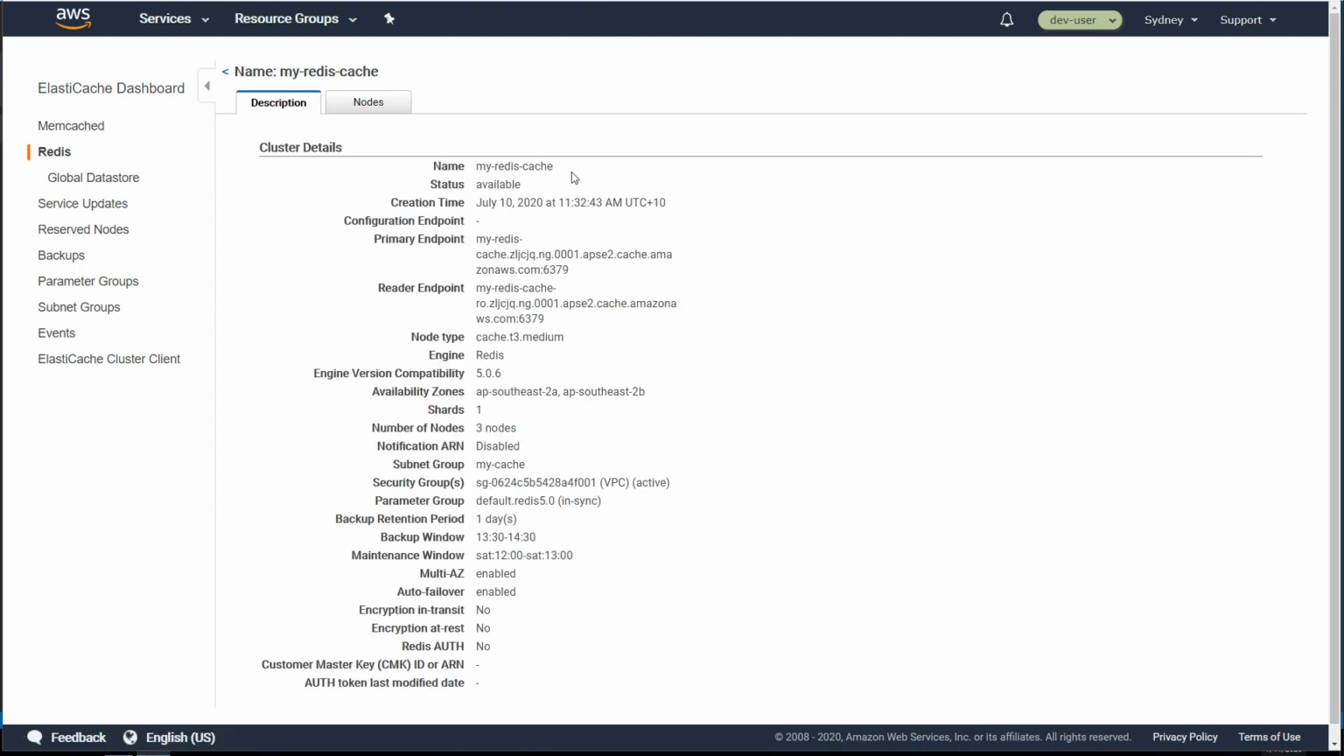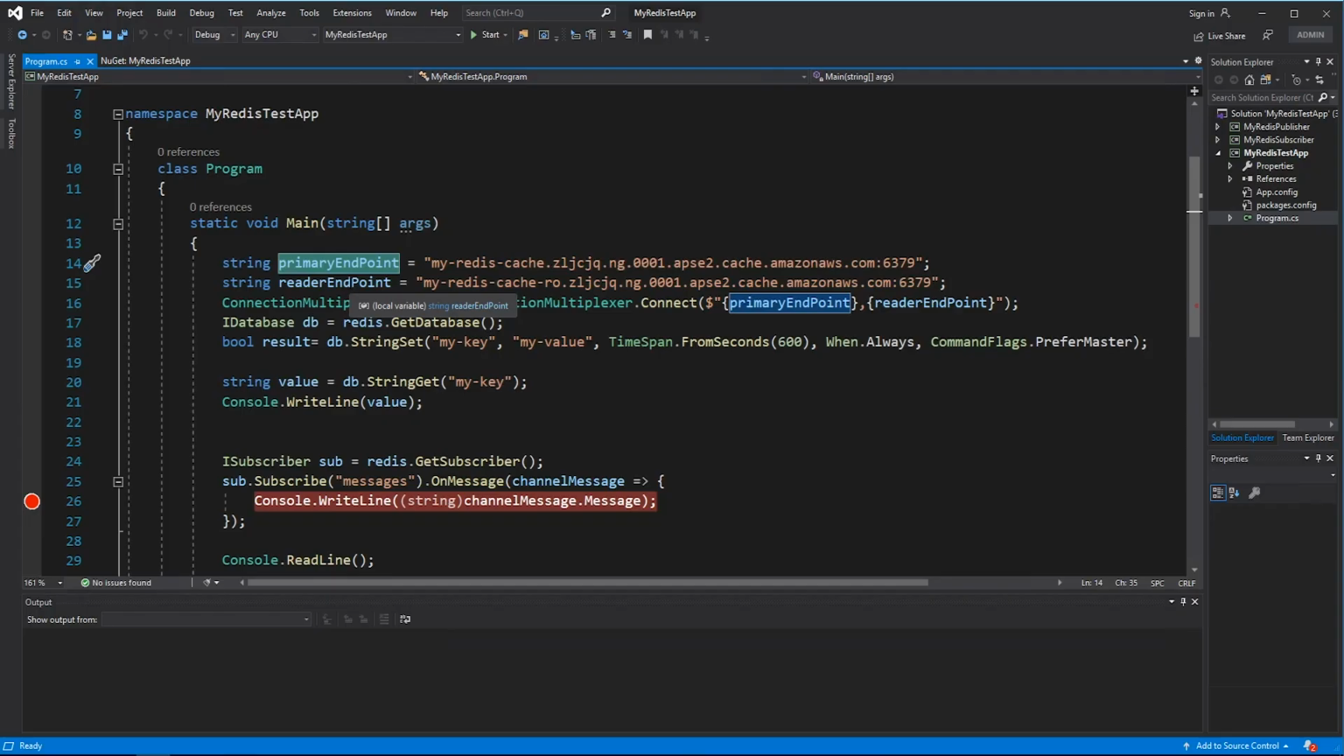Instead, you use the primary endpoint and read endpoint given here. Primary endpoints are for read and write, read endpoints for read operations. If you clearly know which endpoint to use for writing, use the primary endpoint; you cannot write into read endpoints. Back in my Visual Studio, I have defined my primary endpoint and my read endpoint, and then going to create